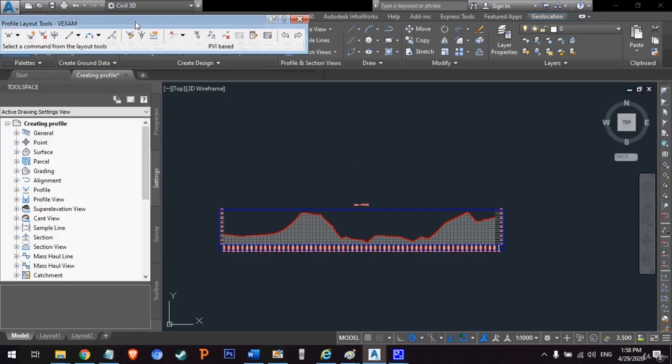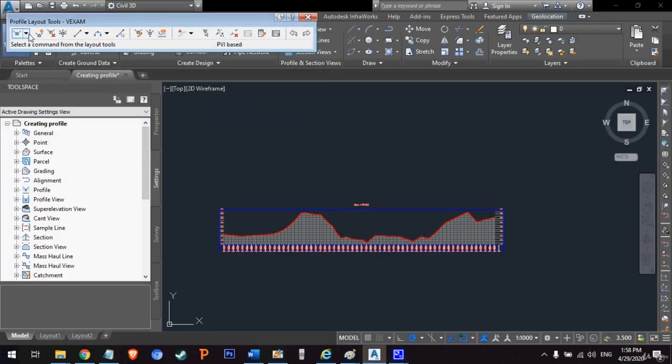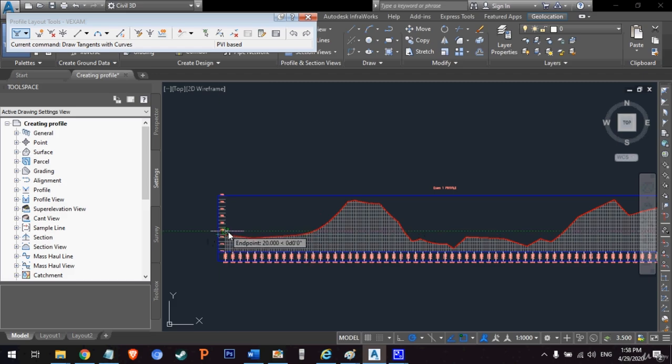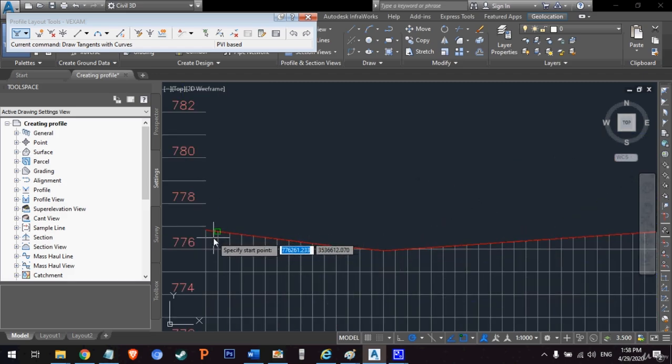So as you can see here, we have this dialog box. We scroll down here and choose draw tangent with curves. So we begin from here. It's better to start at the beginning of the road. This is mostly how we start designing roads, by beginning at the first of the existing road, or existing ground level. So we hit here,